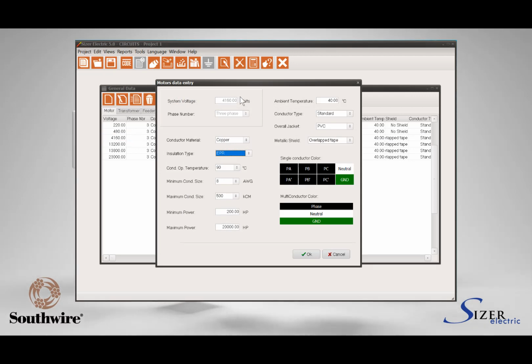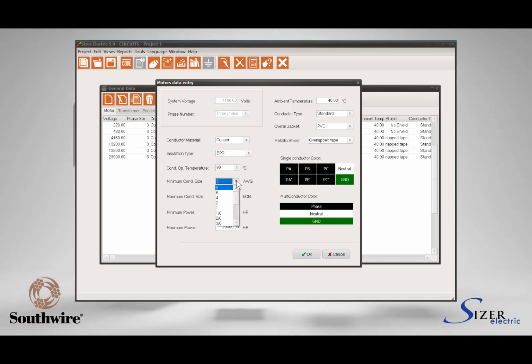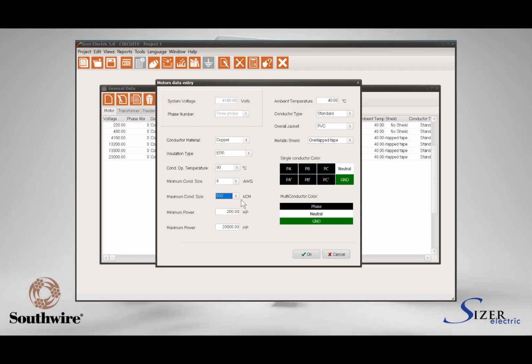A general data or project specification is defined per load and per voltage level. Here you can type the voltage level, define the phase number, conductor material, conductor insulation type, and the conductor operation temperature. To start the conductor selection, you will need the minimum and maximum conductor size allowed for the load on this voltage level. When the software reaches this conductor size in the iterative conductor selection process, and the conductor is not adequate, the software will select 2 conductors per phase